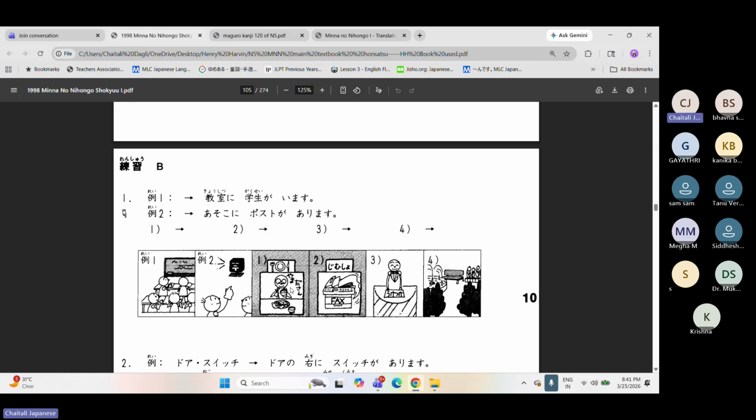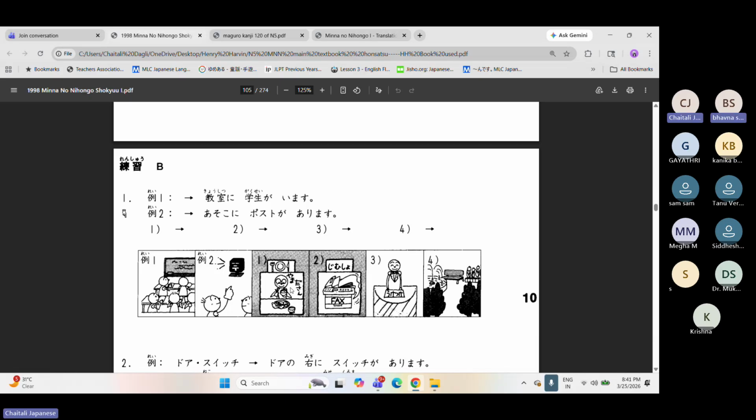In a lobby, we have a reception desk. There is a reception desk. Robi ni uketsuke ga arimasu. Yes. Robi ni uketsuke ga arimasu. Very good. And